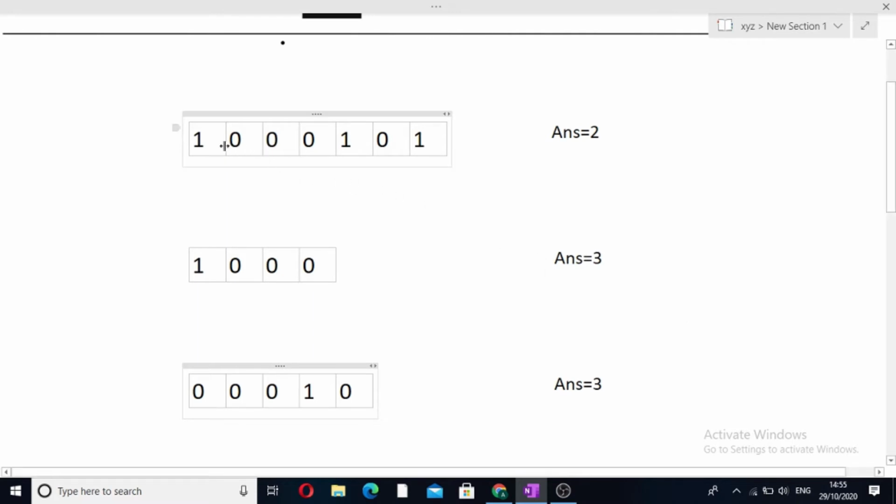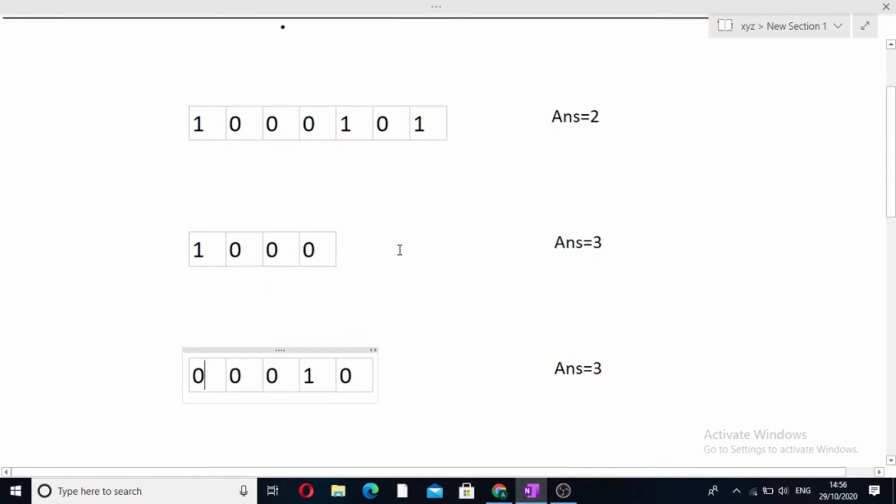The first one is that Alex will be sitting in between two persons, like in this example. Whether Alex sits here, here, or here, he will always be coming in between two persons. So this is the first case. Another case is that Alex will be sitting at either end of the row. Like in this case, Alex was sitting on the right end of this row, and in this case Alex will be sitting at the left end of this row, so that the answer can be maximized.